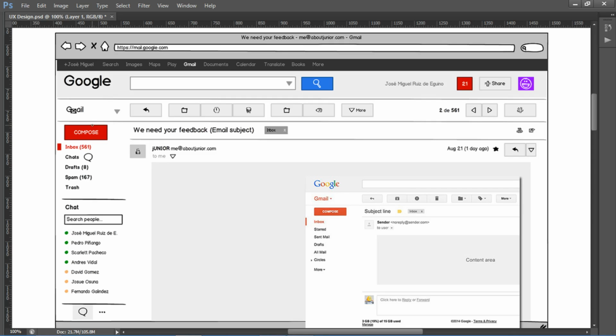So in this product, you have a lot of services. The user wants to interact with the services, but he doesn't know how to interact. For that purpose, the user experience designer has to make some designs that the user can understand easily.